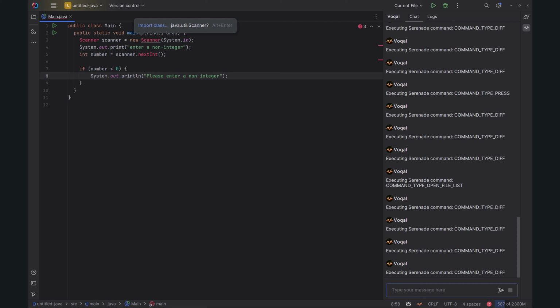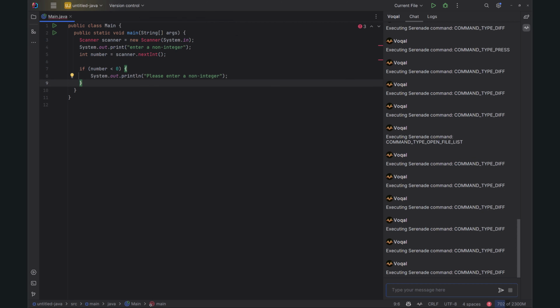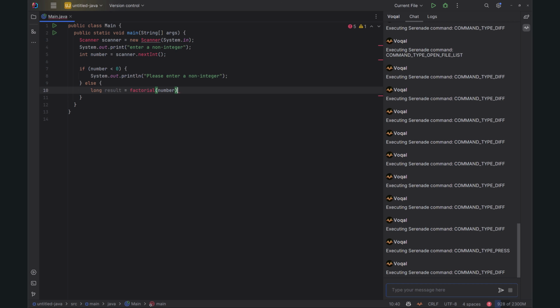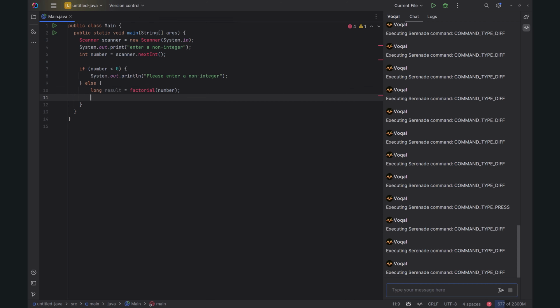Go to line 9, end of line, add else, new line, tab, insert long result equals factorial of number, semicolon, new line, insert system.out.println, insert open paren, string factorial of,